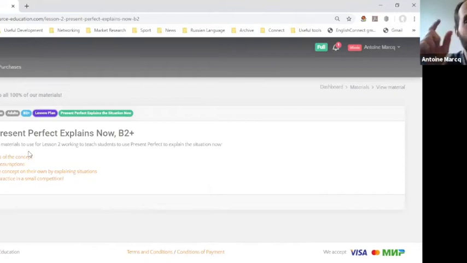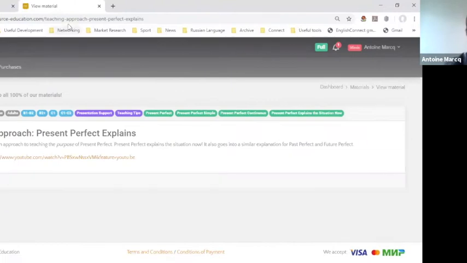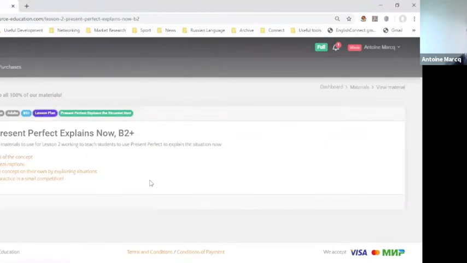Lesson 2. So this wouldn't be the second academic hour. I would give my students time to digest the first information, come back maybe a week later with a second academic hour on present perfect. So of course, remind students of the concept. Again, you have the video. Reminder of the concept really means just, I put the form on the board. So present perfect, I would just put have, has, plus V3 on the board, and I'll write next to it, explains now. No need for anything more.